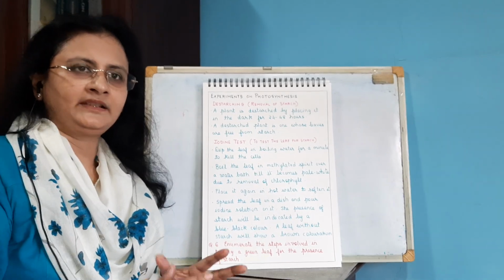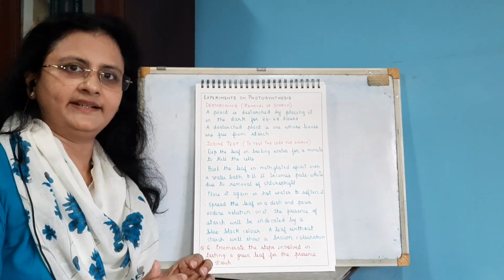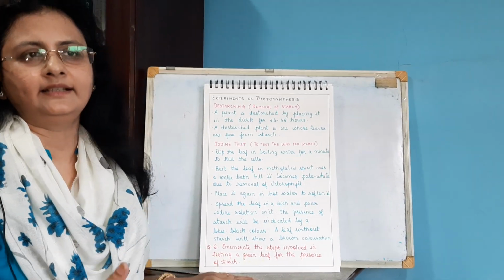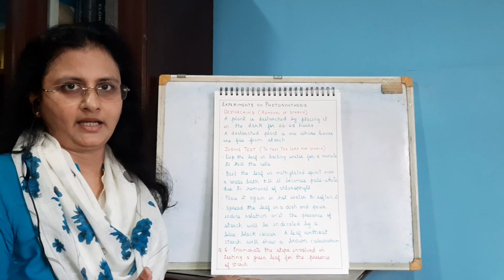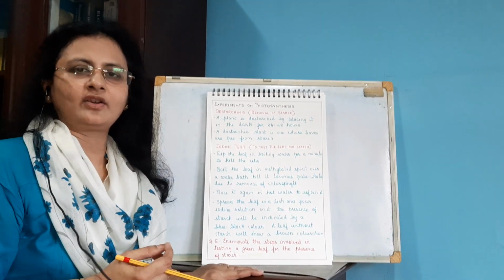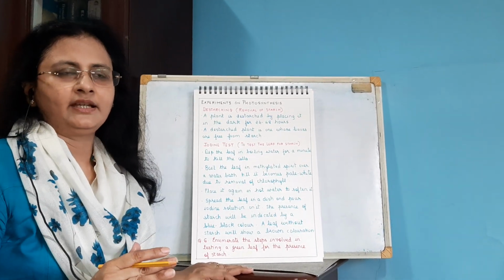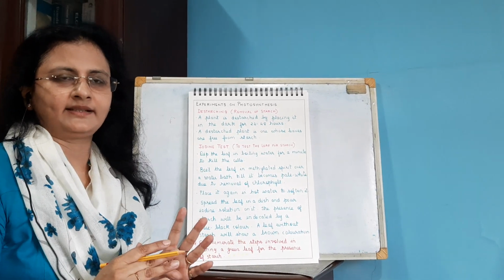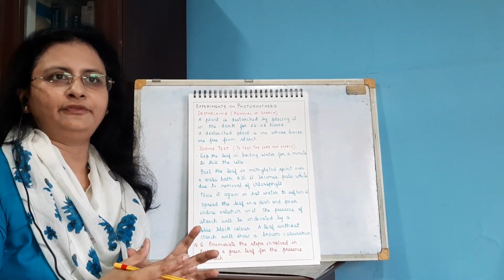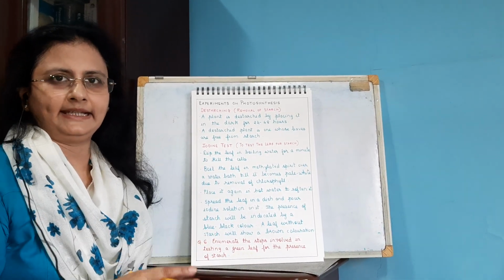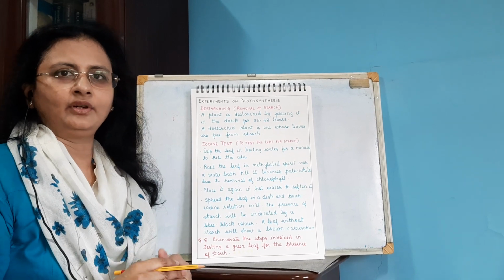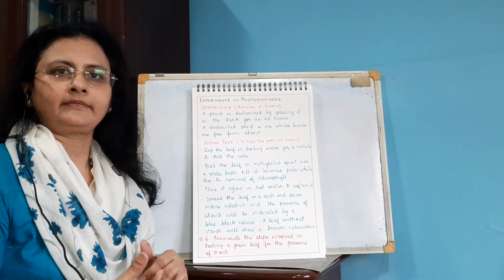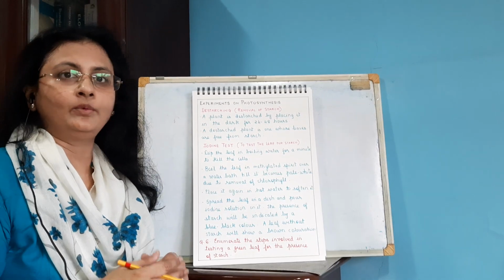Okay, clear? Now once you have destarched, you should also understand the technique for testing the leaf for the presence of starch. You do that by what is called the iodine test. There are 4 steps in this. First, you boil the leaf in water. This will kill the cells. After that, you boil it in methylated spirit, over a water bath.